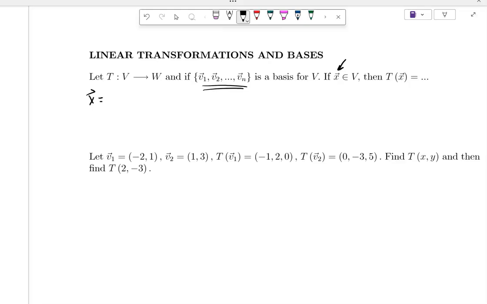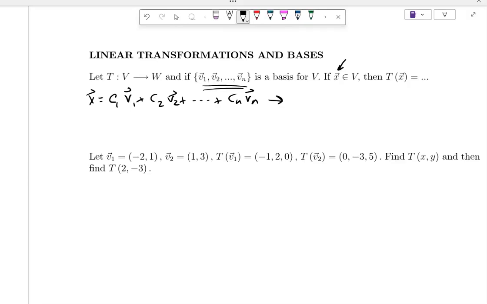If I have a basis and something is in my vector space, then I know that I can write my x as a linear combination of those vectors, right? And if I have a basis, how many ways can I do that? Just one, right? It's unique, right? Good. Okay. I can write x as a unique linear combination of the basis vectors,